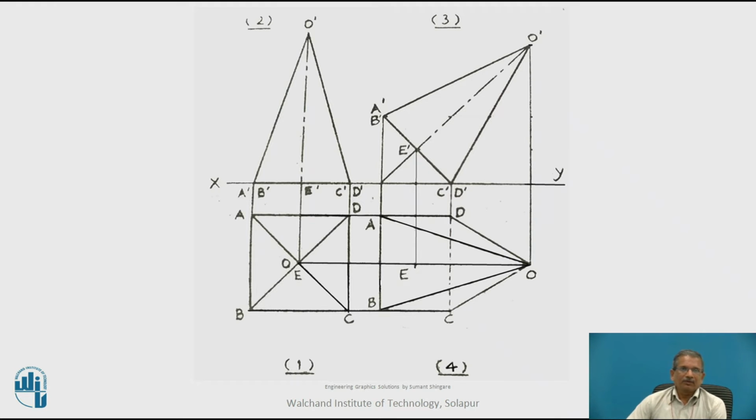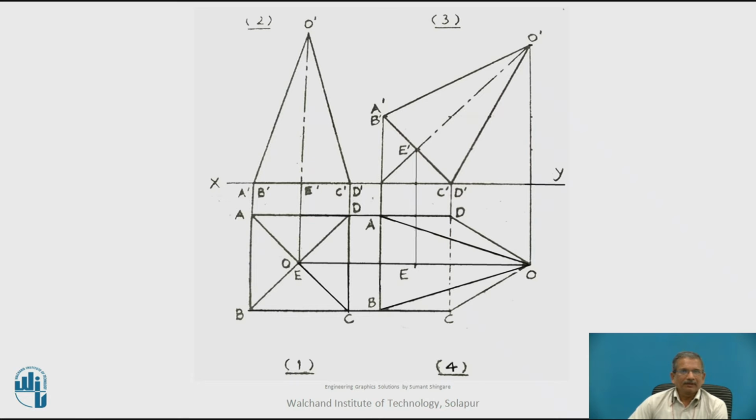So now to draw OE at 45 degrees is a bit difficult because we have to satisfy two conditions. Once, OE must be at 45 degrees to the horizon or XY line, and at the same time the C dash E dash point must be resting on the XY line. So now if you observe, C dash D dash A and the point where we are making 45 degrees is a right angle triangle. So when we say O dash E dash is at 45 degrees, at the same time the base will be making 45 degrees to the XY line.